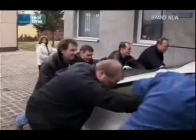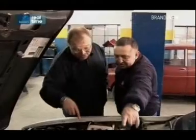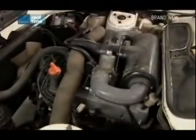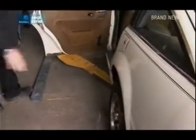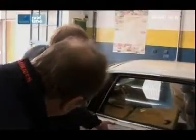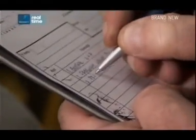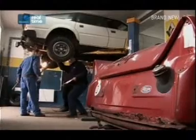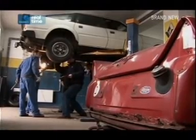Keith's gone to all the effort to bring his Rover SD1 to Poland, hoping to save a whole heap of cash. He's chosen this particular garage after other enthusiasts recommended it. First, the car gets the full inspection. Like all SD1s, it's riddled with rust, and Keith only wants to restore the bodywork. I've seen quite a few restorations come out of here, and they've all been good, so... Obviously a bit of a language barrier, but there seemed to be an international language